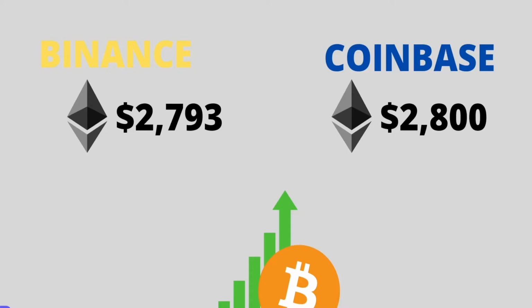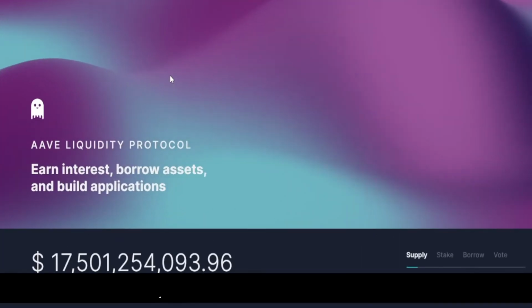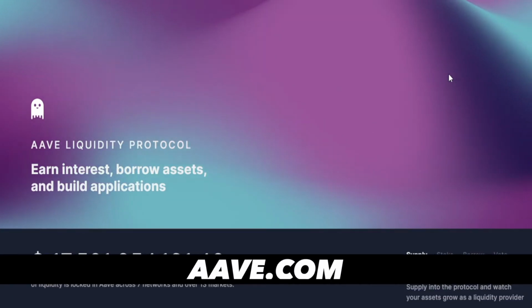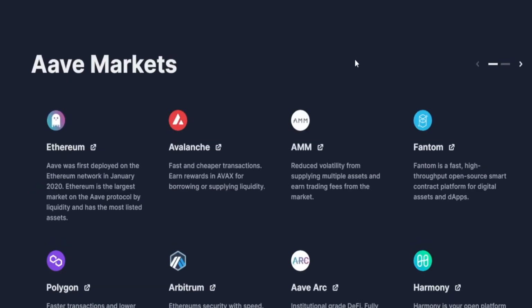And that means it is all a numbers game. The more you can buy, the more money you're gonna make. But as the difference in prices is pretty slim and the price of Ethereum is pretty high, you would have to make a substantial investment, and most of us do not have tens of thousands of dollars just to play with. And that's where Aave.com comes into play, and this is not a paid promotion. I'm just covering this website here to show you a different approach.